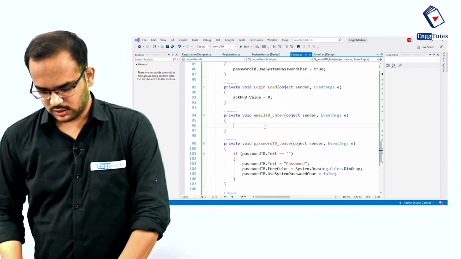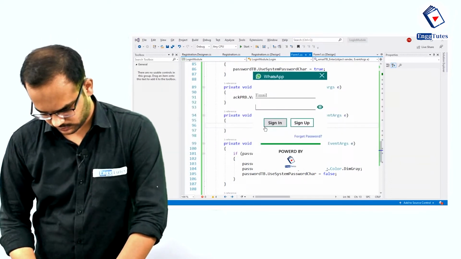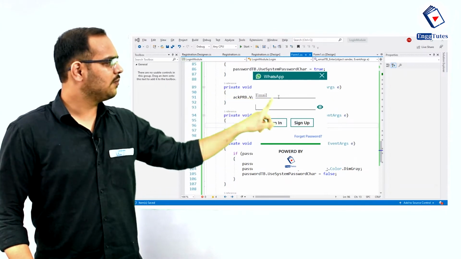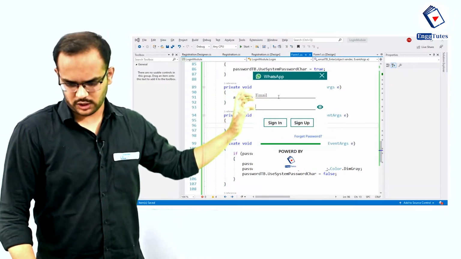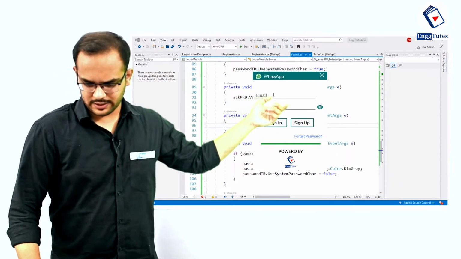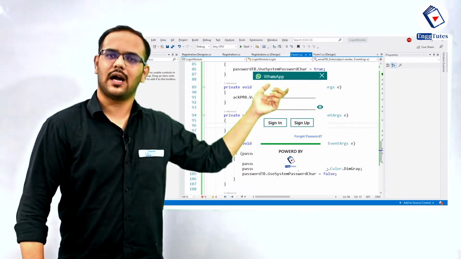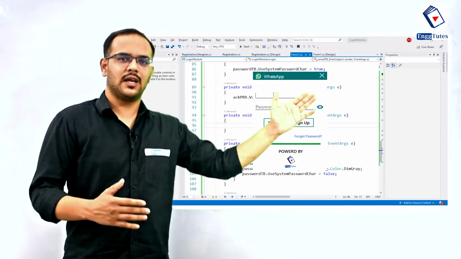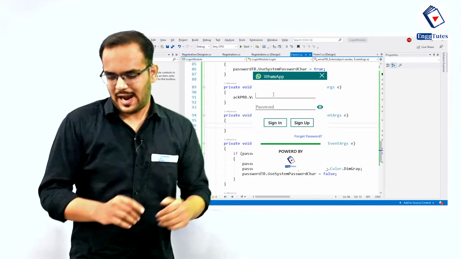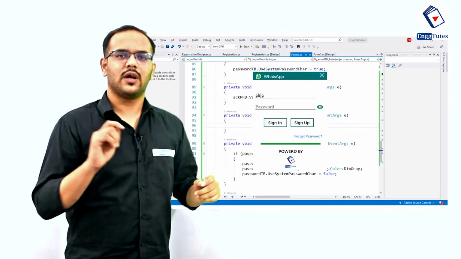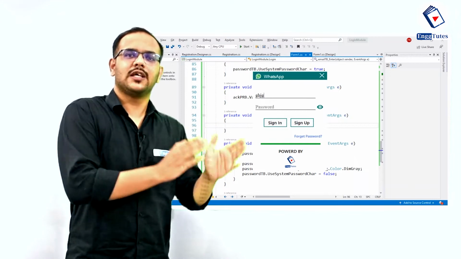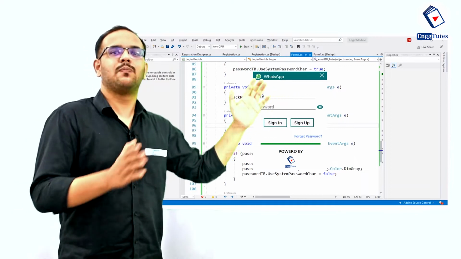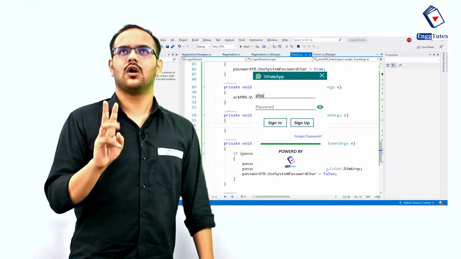Now let's focus. What I want is, whenever I'm entering in email TB, and if email TB has the value email. So this is the case right now. So I have entered in email and email had the value email. So I will clear the value. So that particular placeholder will be removed and I can write whatever I want. But you can see the color for that placeholder was dim gray and the color for whatever I am writing, that is mail, is black. So we need to do two things, actually 3 things.